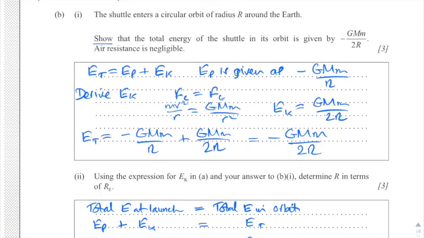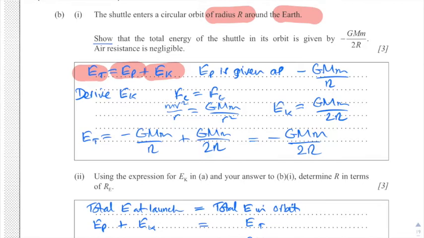Question 9 continued, part B, part 1. This one now, the satellite has been put into an orbit of radius r around the Earth, and we're now going to analyse the different energies that are going on with this satellite in orbit. And we've got three energies that we can look at. We can look at the total energy, we can look at the potential energy, and we can look at the kinetic energy of it. So the total energy, as you think in energy terms, is going to be equal to your potential energy plus your kinetic energy in an